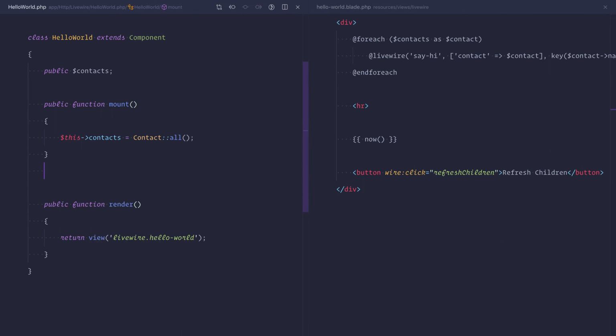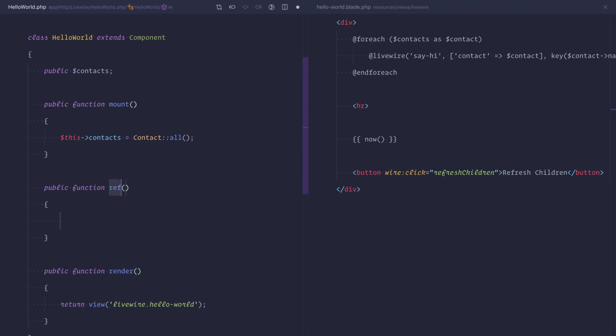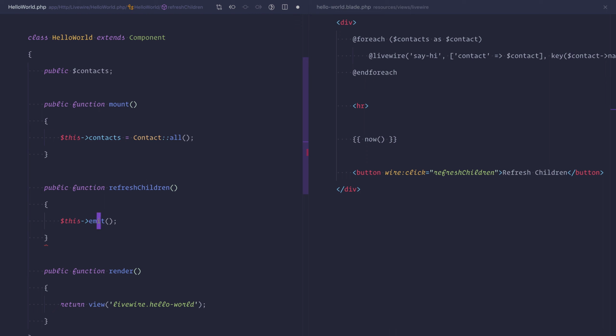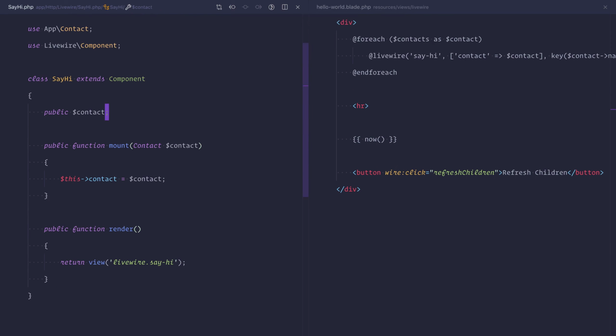Okay. Now we'll add that method, refresh children. And inside of this, we're going to emit an event. So we haven't seen this yet, but you can say emit. Okay. We're going to say emit, refresh children. We'll emit this event called refresh children, and now in the child, the say hi component, we're going to listen